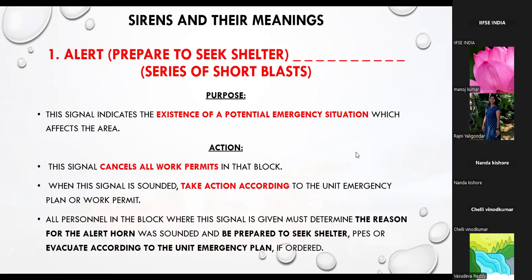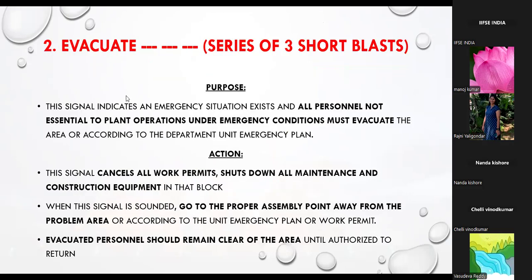Then second case, if we have the signal for evacuation, it is a series of 3 short blasts. So here I've just given the symbol. You have 3 short blasts with a short time interval. In that case, the purpose of this particular siren is that all the persons essential to the plant operations under the emergency conditions must evacuate. Even though you have temporary employees working over there, even those temporary workers or the contract workers should be evacuated